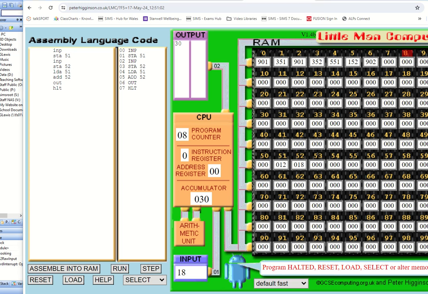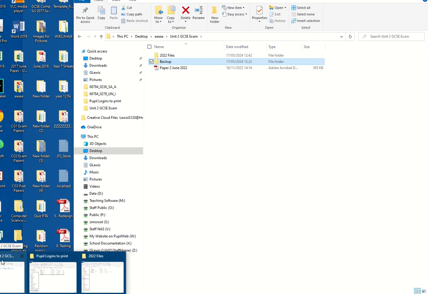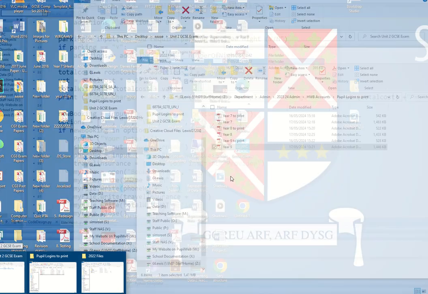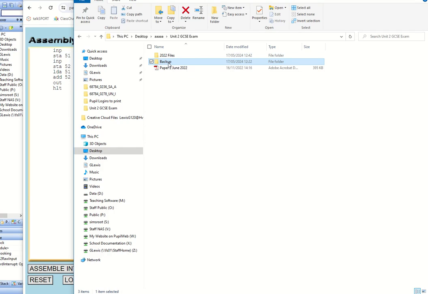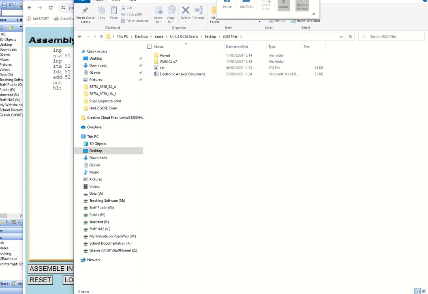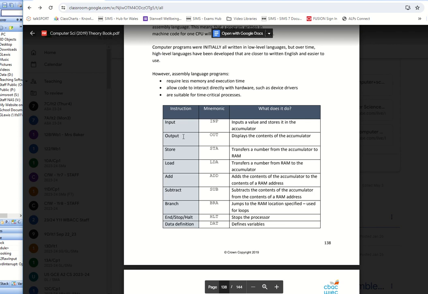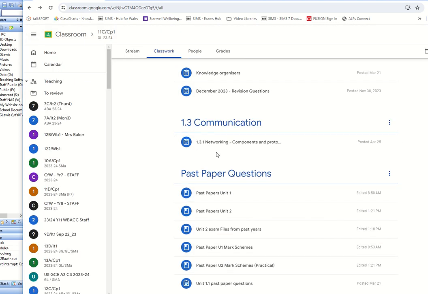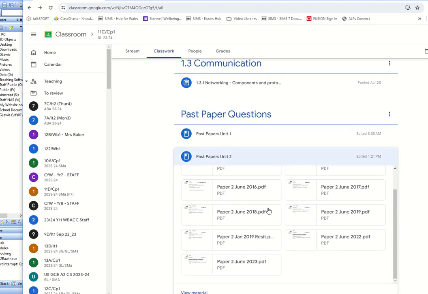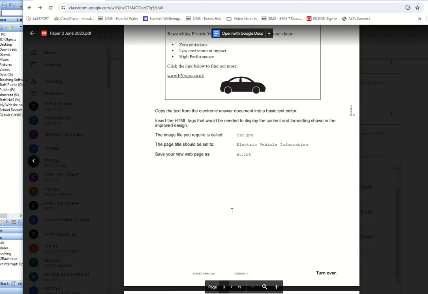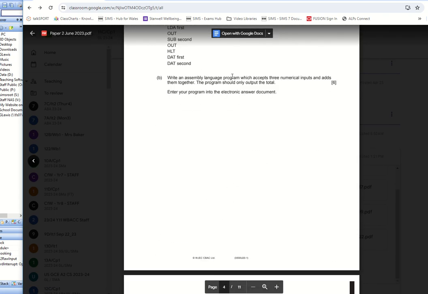Now in 2023, let me just go to 2023 and let's see, in fact it's the exam paper 2023 I want to have a look at. So if I just minimize that, that's in the classroom. So if I go to past paper exam 23, let's go to the particular question, and it says write a language program which accepts 3 numerical inputs and adds them together. So you just have to see that by adding two numbers together,